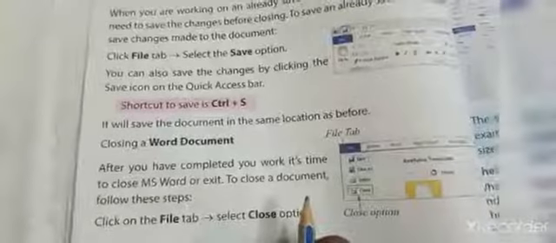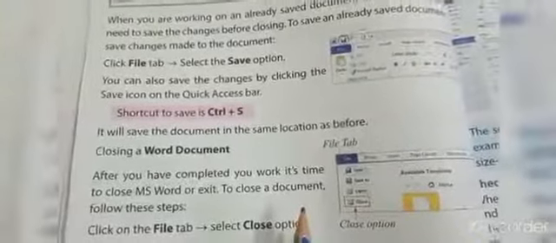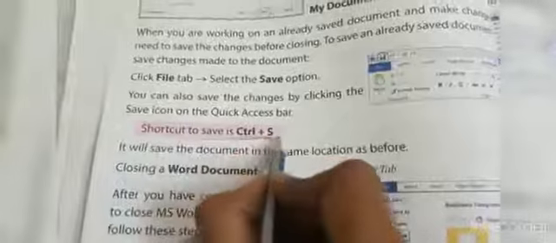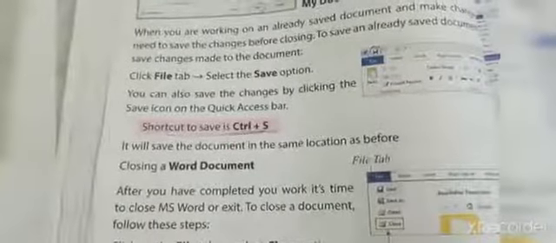So you can use these two methods to save the changes in the already saved document. Clear? What is the shortcut for saving the document? Yes, the shortcut for saving the document is Ctrl plus S.